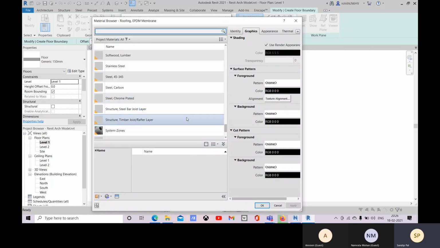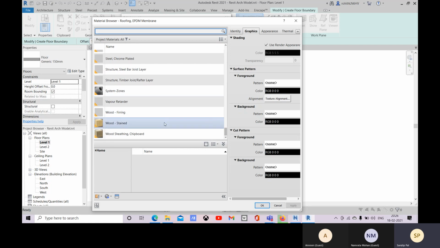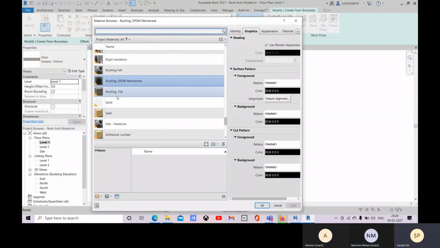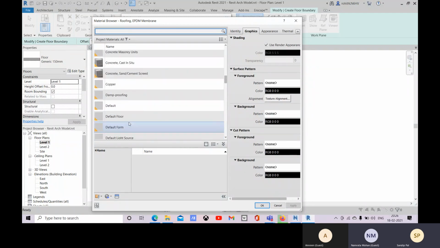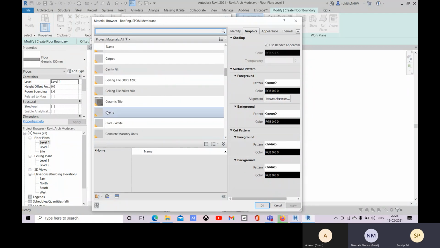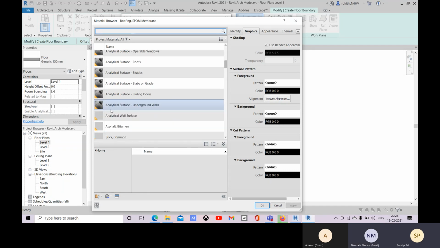So what should I choose for floor finish? Which material should I choose, Namrata? Tile, floor, vitrified tile. Okay, ceramic.